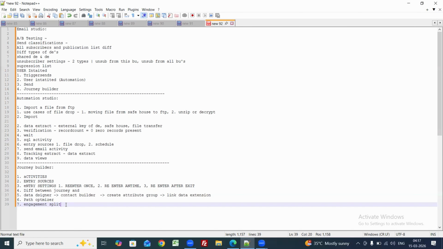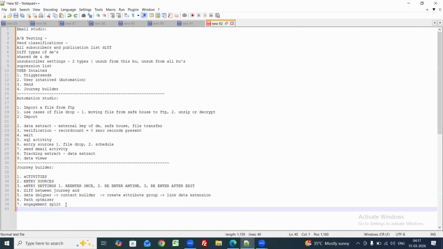In path B, we are going to add a reminder email. So if he doesn't open or click the email, he is going to receive the reminder email. In this way, you are going to explain the engagement split. And we are also going to be asked about the decision split. In the decision split, the most common question is the difference between journey data and contact data, which I have